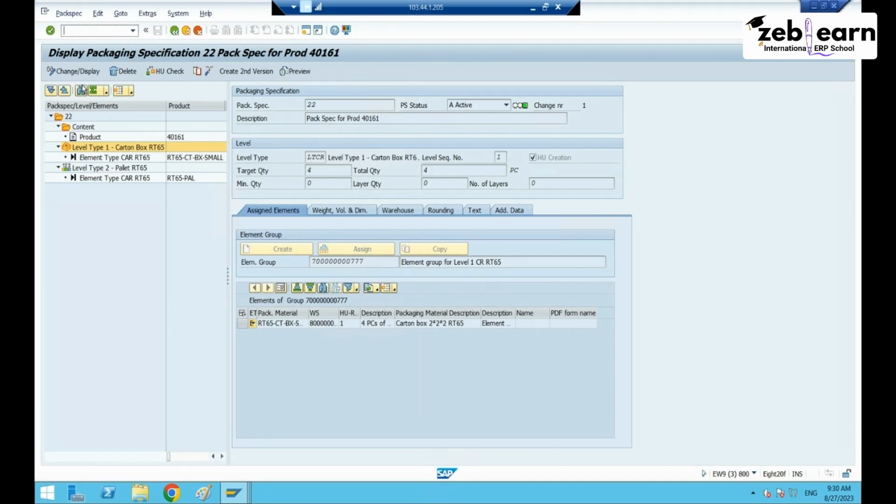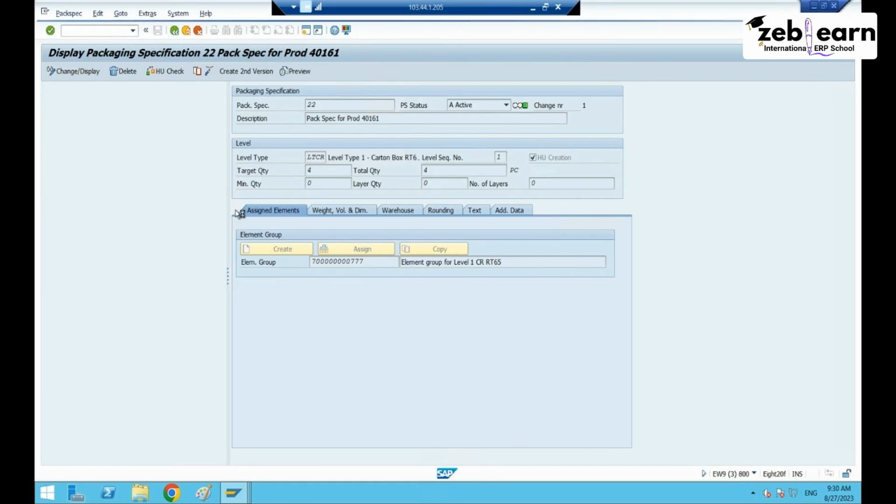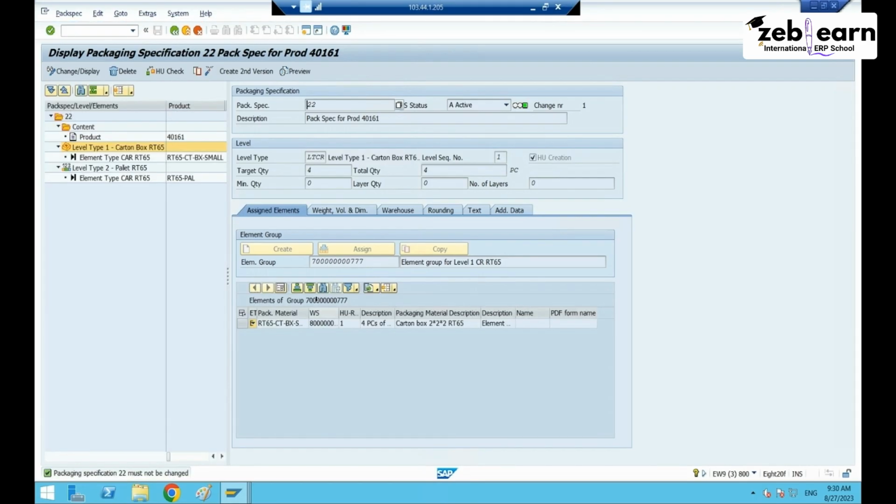comes, let's say I have clicked on change mode. If the system allows me to change it, it is saying the packaging specification must not be changed. Okay, let's assume the system allows me to change it by clicking on the change button. These options are coming as editable, and if I'm changing something, 4 to 6 or something, so you know that